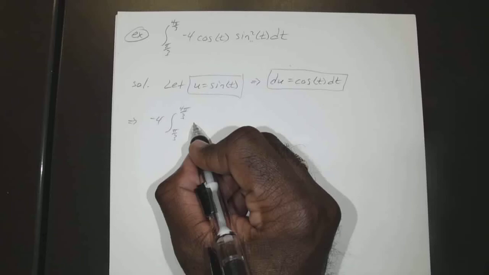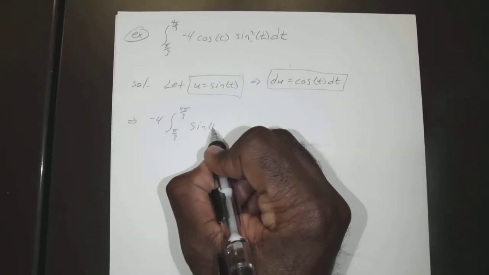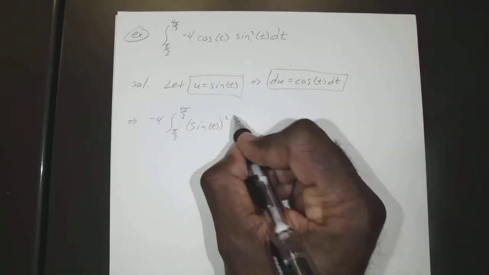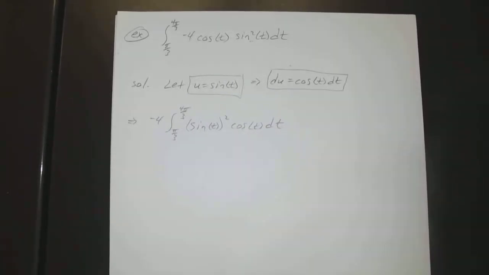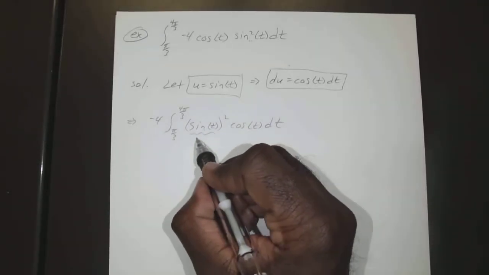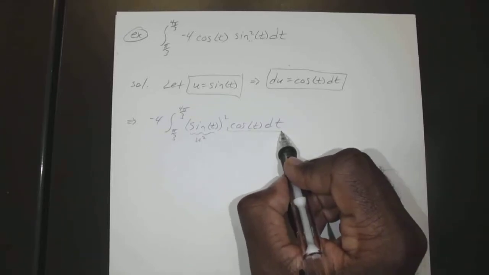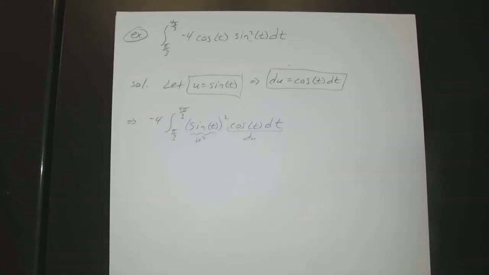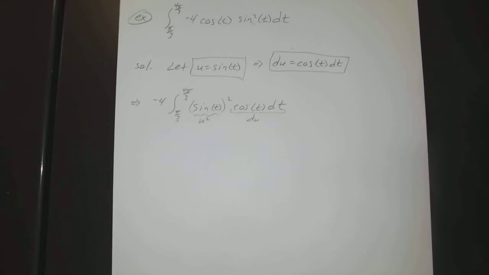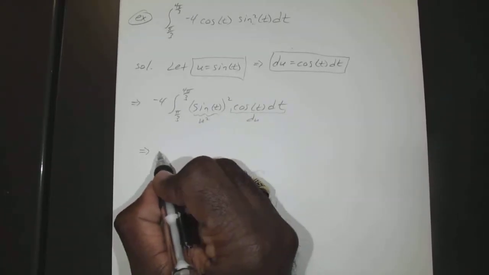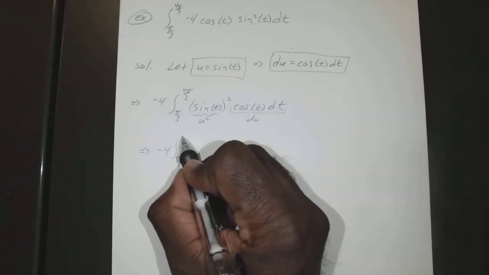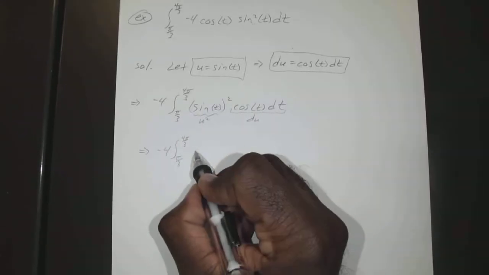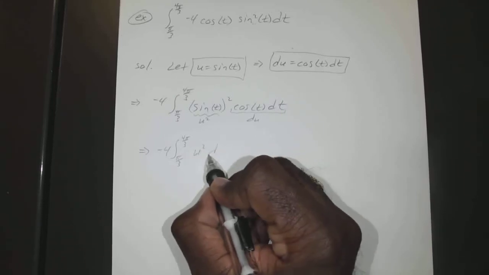And I just usually switch them around. So sine of t squared times cosine of t with respect to t, which gives us our u squared and our du. Okay, so you have -4 times the integral from pi over 3 to 4 pi over 3 of u squared du,